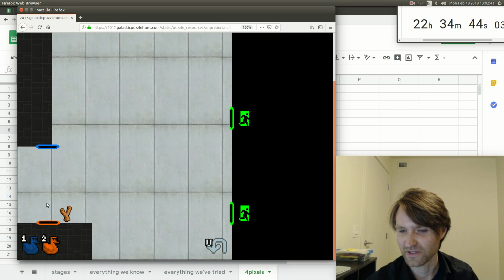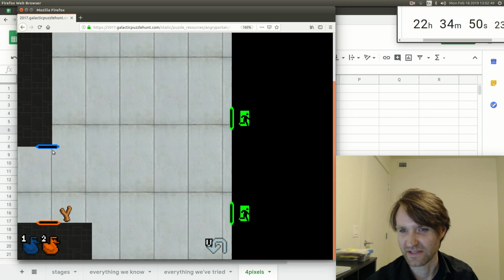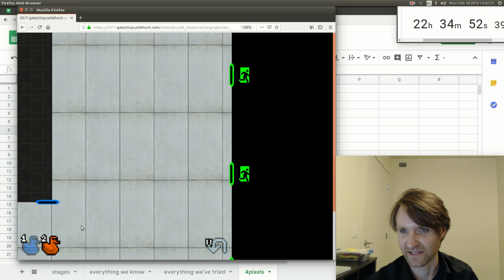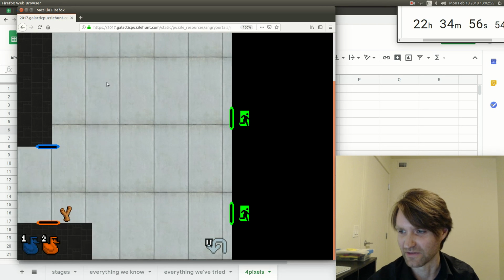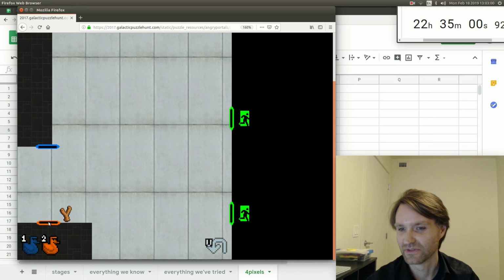So the more times it goes through, the faster it goes, and you can get enough speed to send it flying up. The most I've gotten is 11 times through, then sending it up. And that goes really high, but it eventually just falls back down. So in theory, it might be possible to do higher than that, but it's so hard to get this to reliably go through 11 times in a row without glitching that I don't think they would have expected you